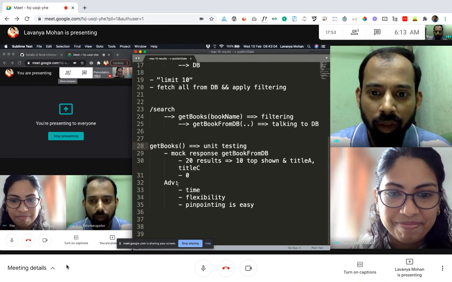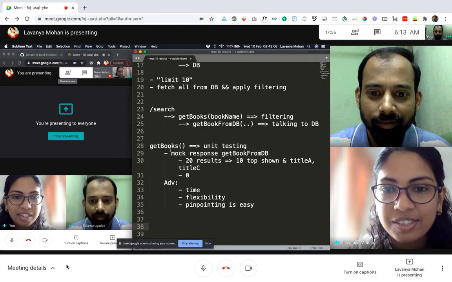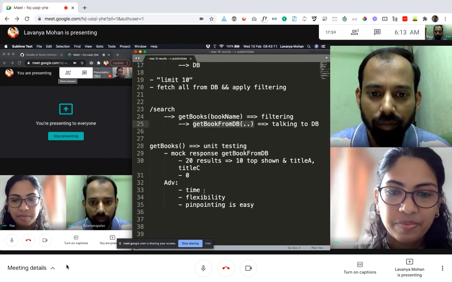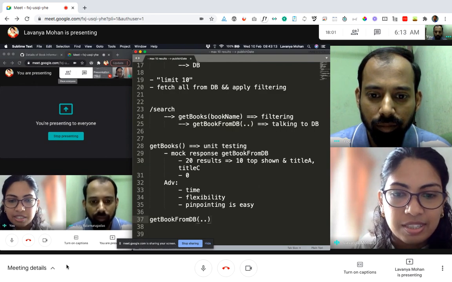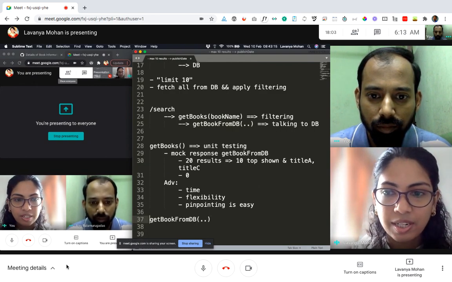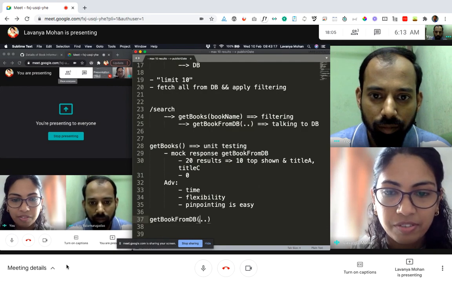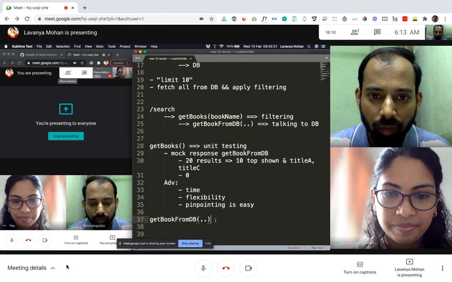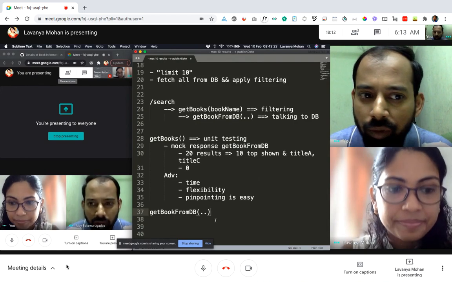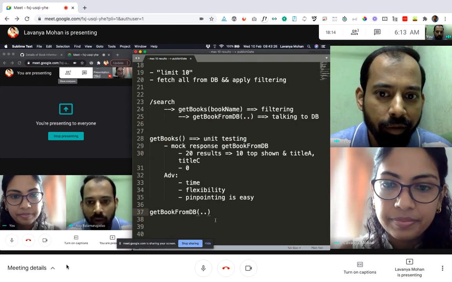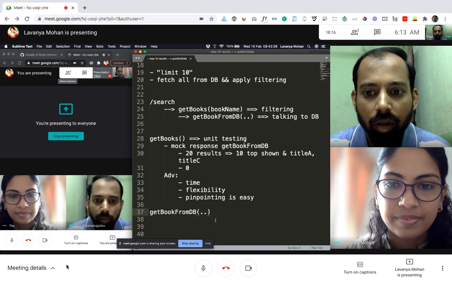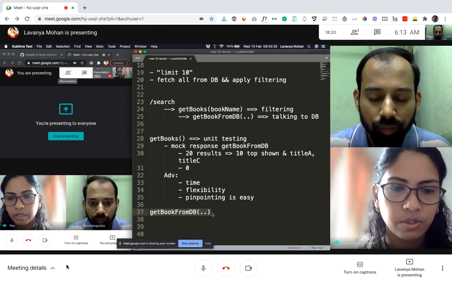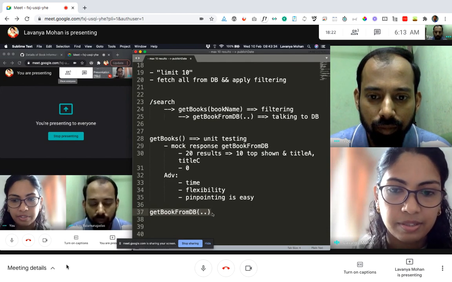All right. Okay, so now let's go ahead to this method, get book from database. What does this method do? Well, it's actually talking to the database, and based on whatever we have mentioned as the query, it returns the results back. So just remind me, we fetch all the books here because the filtering is in getBooks, right? Correct. So we are basically just fetching all the books based on that query, some search string that we pass.